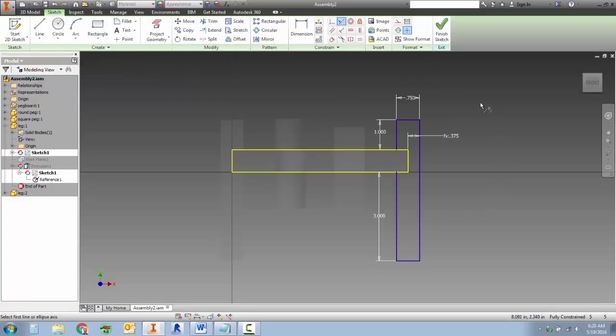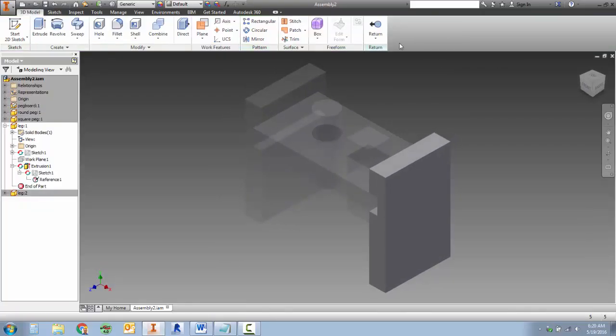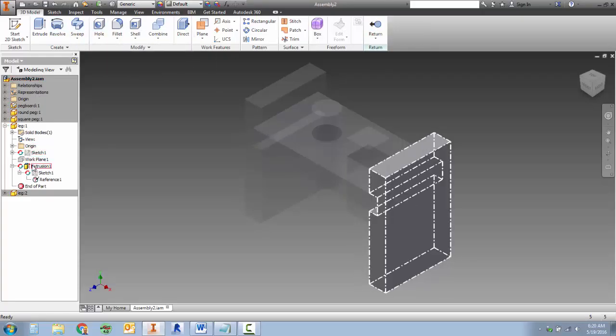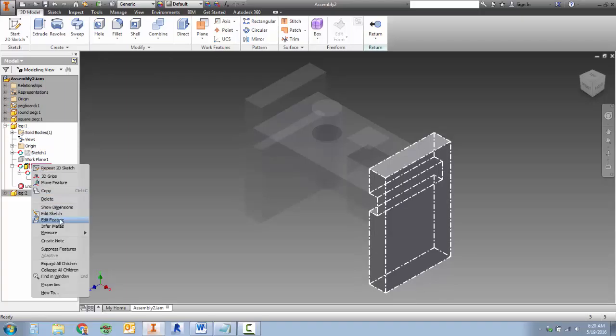When you have all of your dimensions and they look like this, again, this dimension is the 0.75 divided by 2, this top dimension divided by 2. If you need to pause here to get the dimensions down, please do that. When you're done, finish your sketch and click return. Here is the return button, but we're not going to do that yet because we're going to